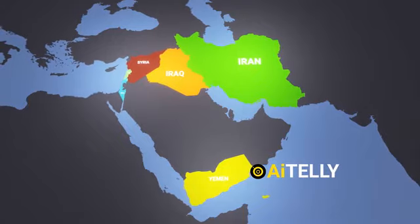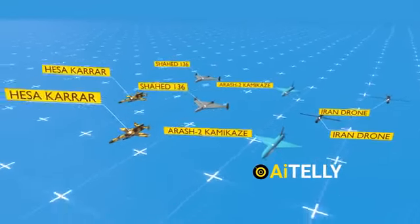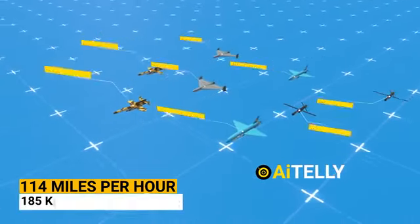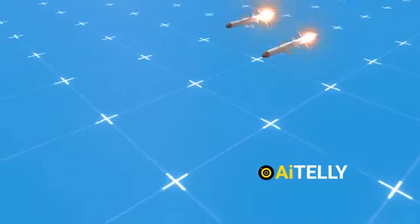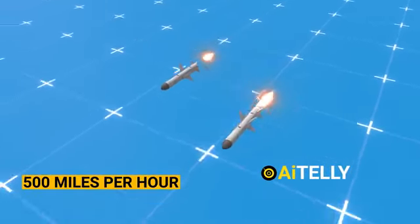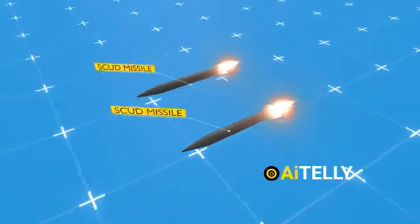Let's explain why they are launched at different time intervals, as these drones usually have a speed of around 114 miles per hour, which translates to approximately 185 kilometers per hour. In comparison, a cruise missile has a speed of around 500 miles per hour, which is about 800 kilometers per hour. A ballistic missile, on the other hand, has a speed of around